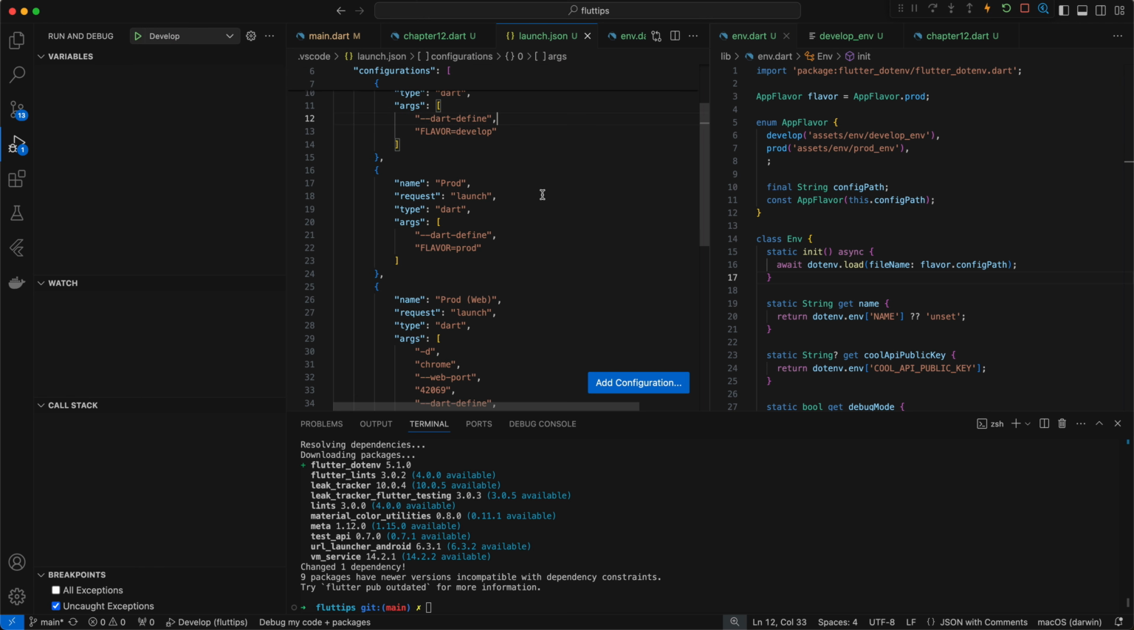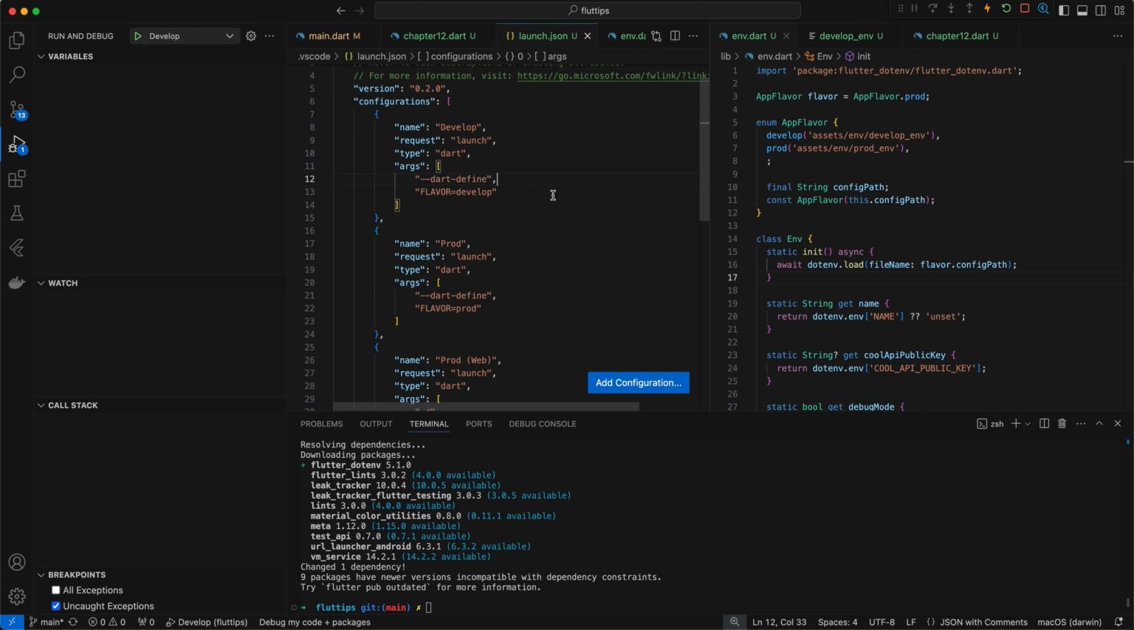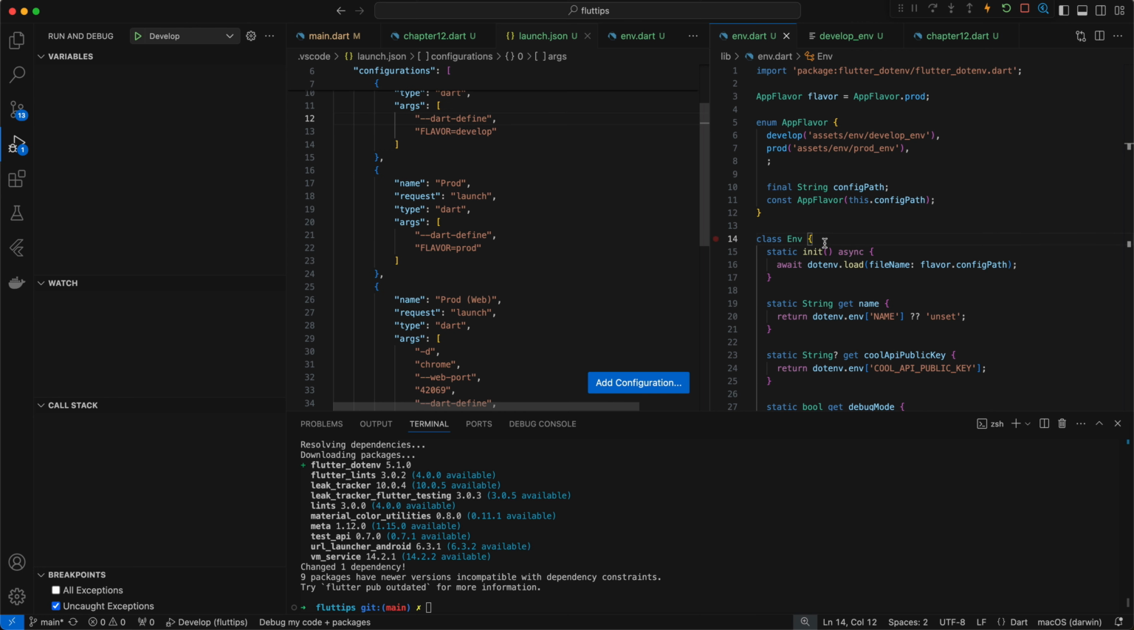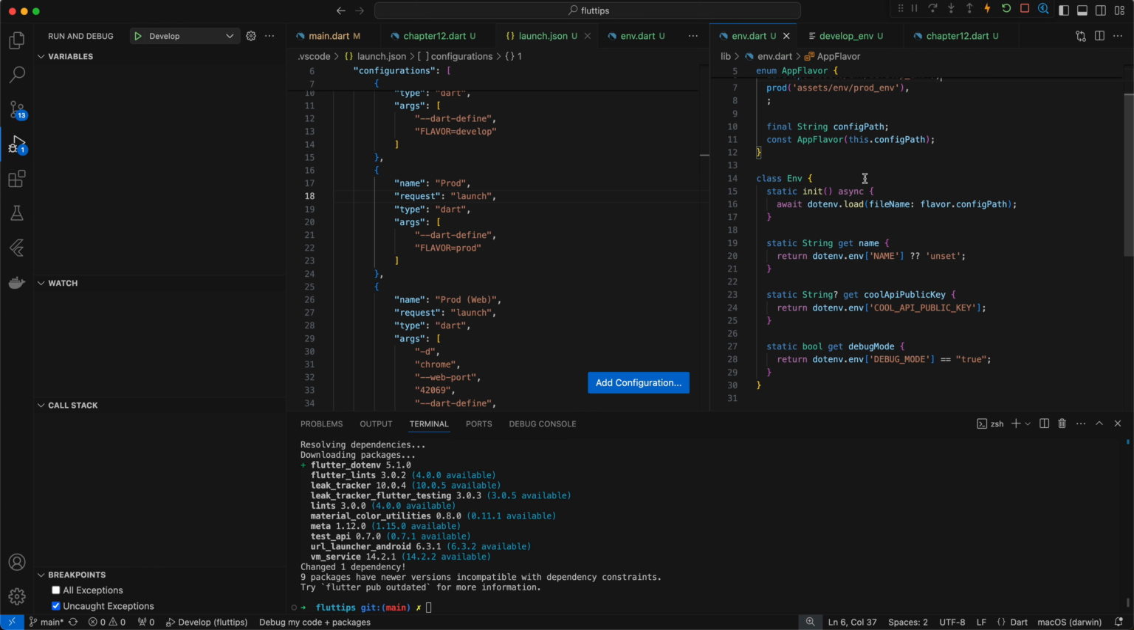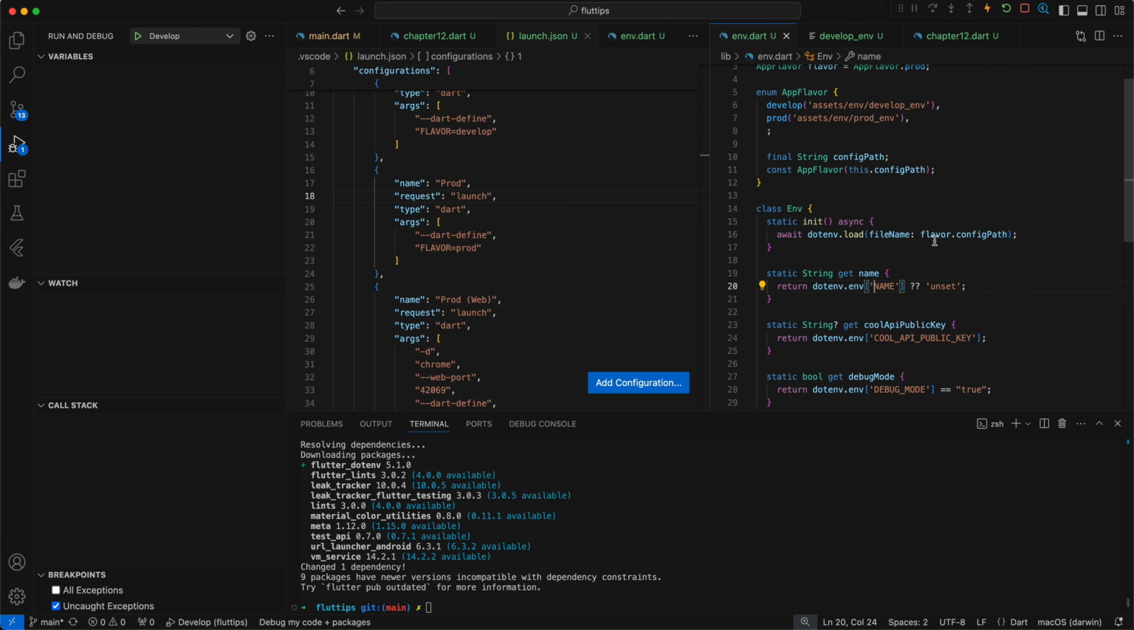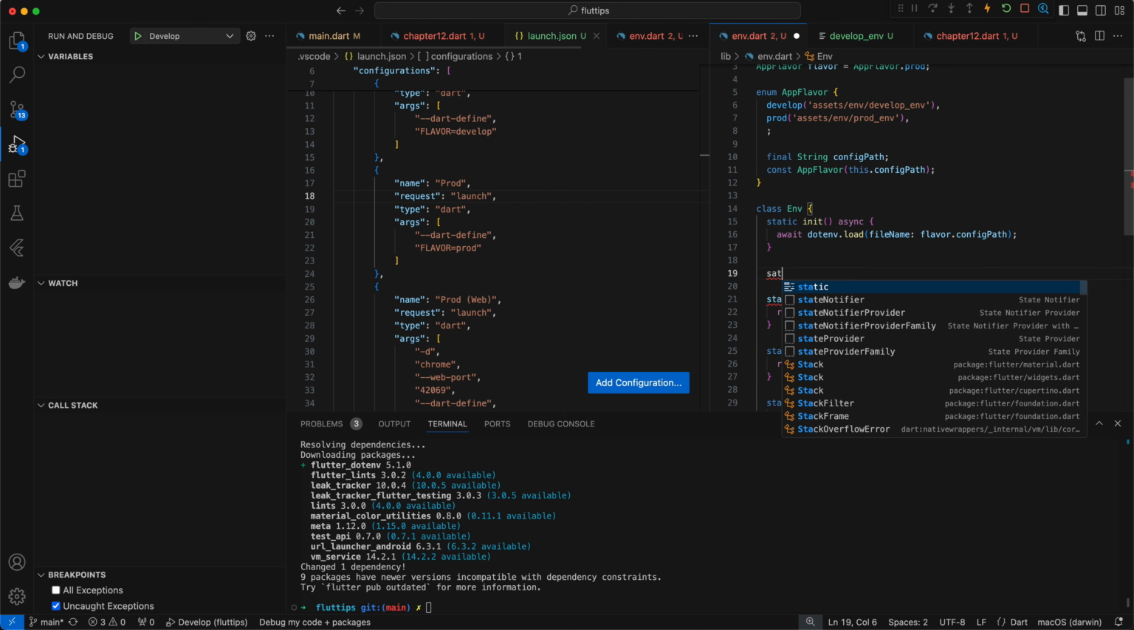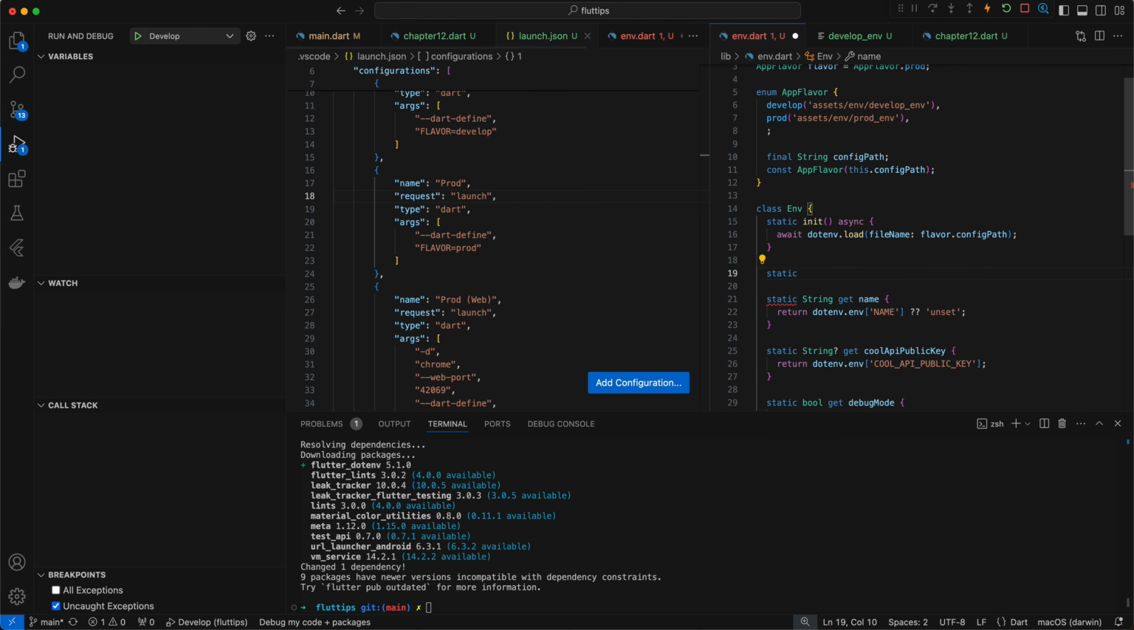You can make as many as you want. You can set ones for Mac, Windows, whatever. Just follow this sort of convention. Now, just doing this alone isn't enough. We obviously need to let our env file essentially check that. So what I'm going to do is we're going to make a static getter. It's going to return a string, and we're just going to call it config